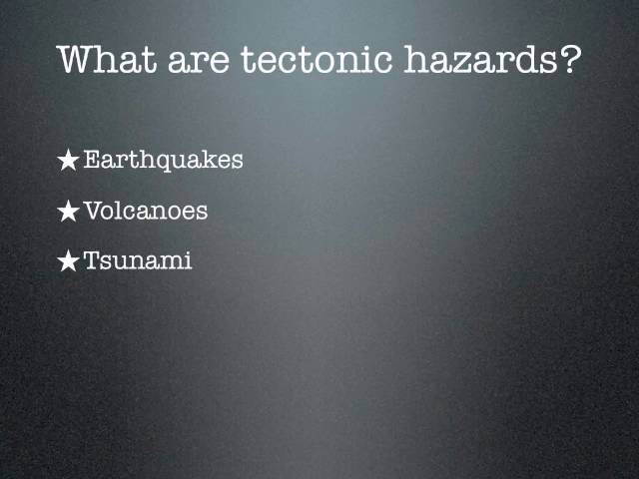What are tectonic hazards? Tectonic hazards are a type of natural hazard. A natural hazard is a naturally occurring event that has the potential to affect people's lives or property. For example, earthquakes, volcanic eruptions and tsunamis. A tectonic hazard is most dangerous when it exceeds the capability of local people to deal with the event within